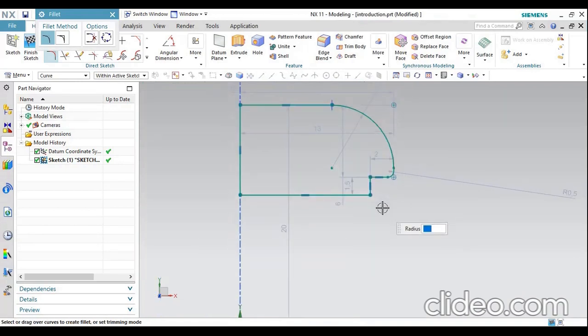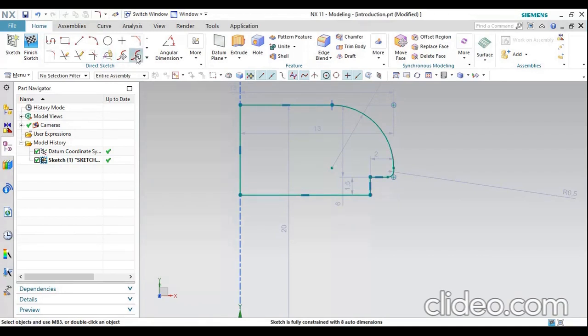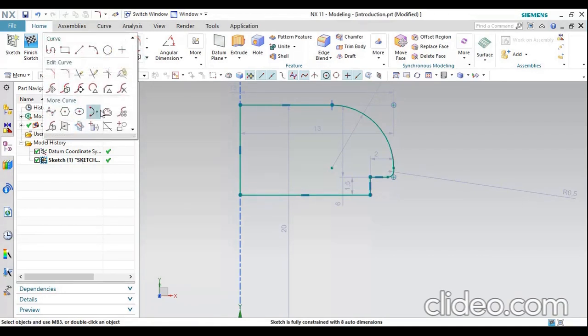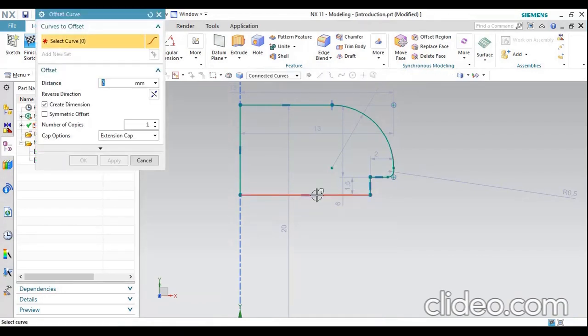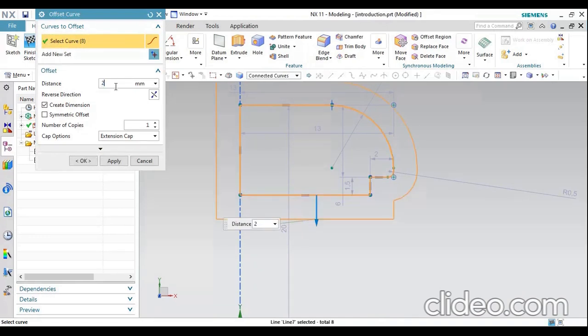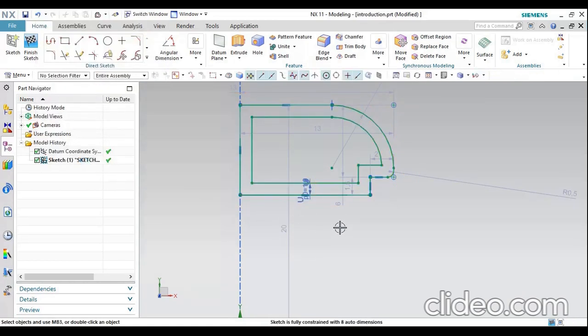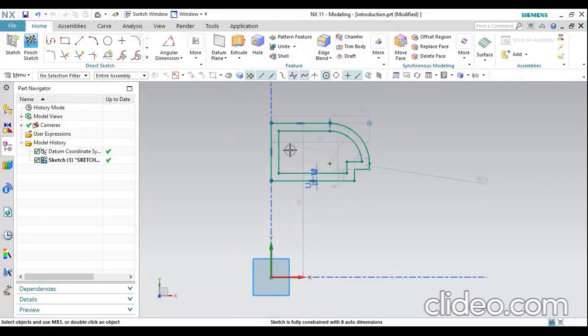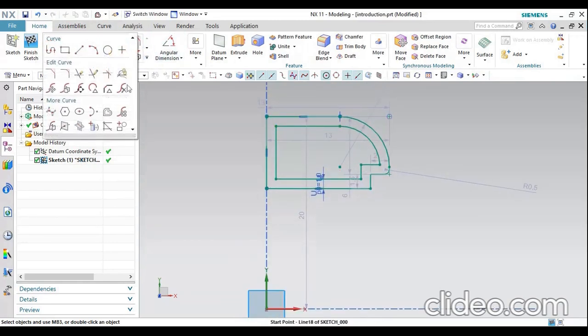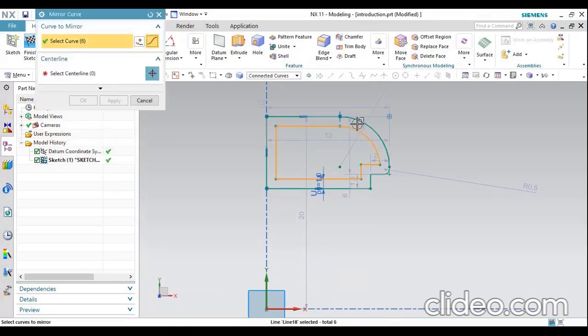Okay, then after, offset the curve one mm in the reverse direction. Then mirror this curve on the reference of the center line.